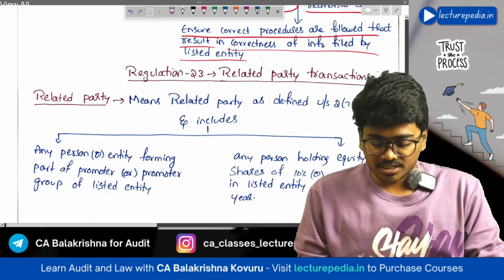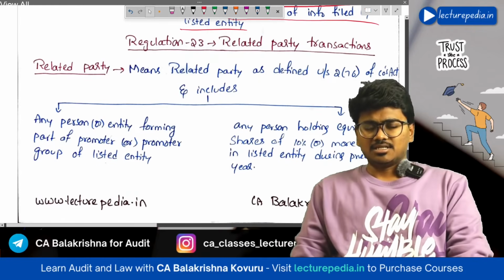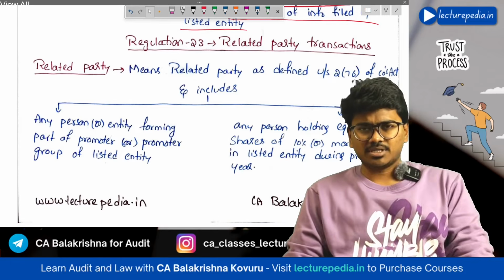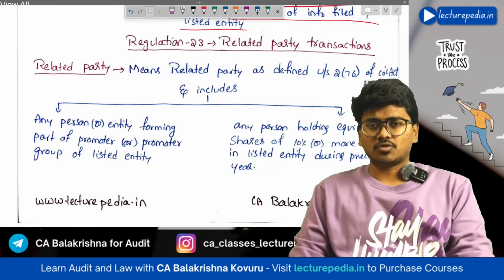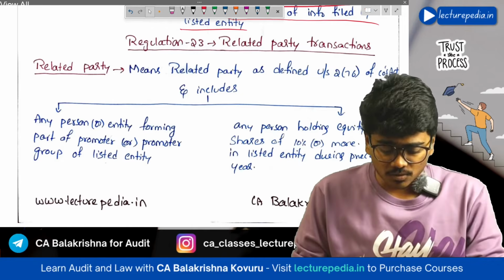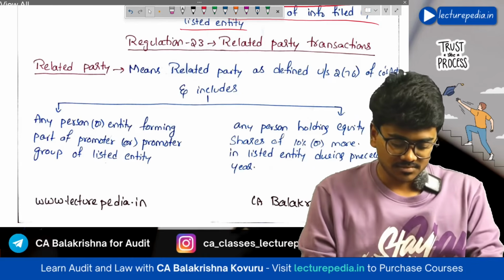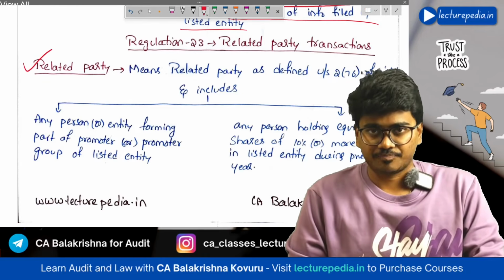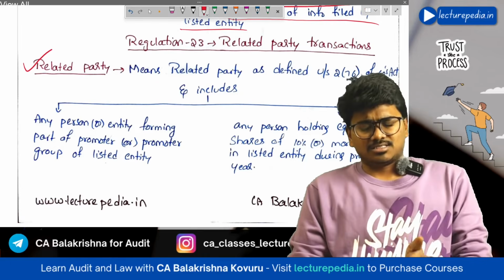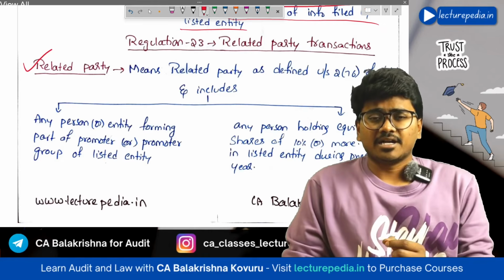Next, regulation number 23, related party transactions. About these related party transactions, we have also discussed in the Companies Act, section numbers 188 and 184, right? In the third chapter we have discussed. So a similar discussion will be there here also. First of all, who is meant by a related party? SEBI regulations say that for the purpose of these regulations, related party means